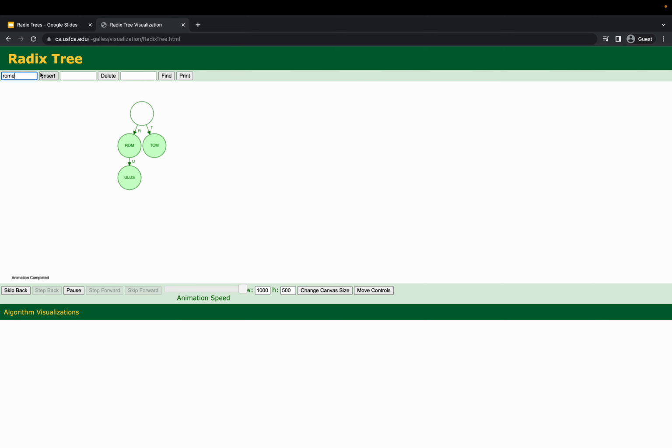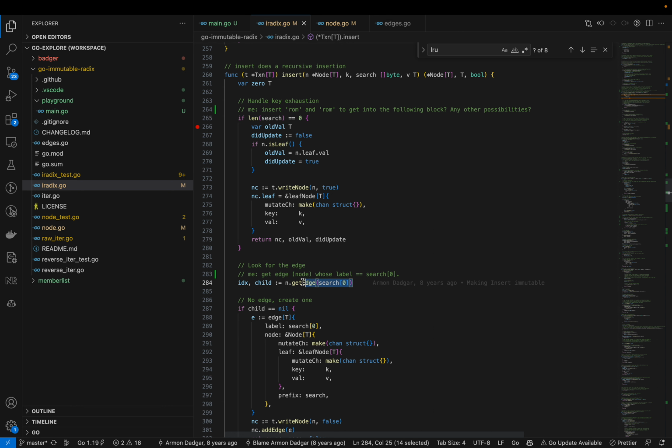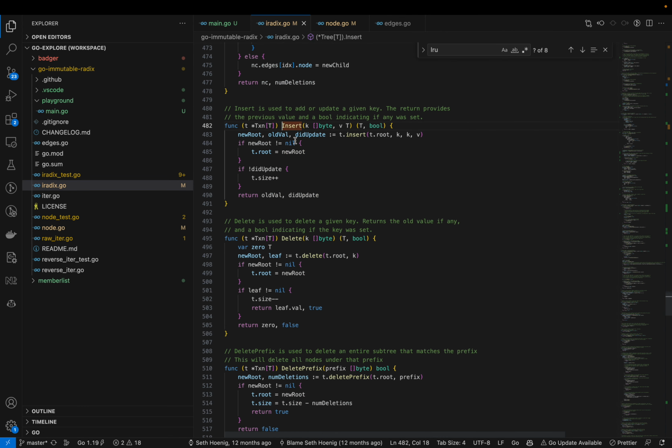So just to visualize it again, if I did that, it's coming here, right? So you have to find the right place to insert, which is what this function is doing, get edge, right? And you're searching for the first character. So actually, if I go into the parameters, if you look at what was passed, if I do insert,